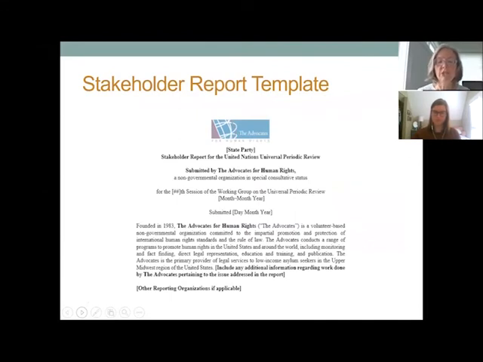The Advocates for Human Rights has created a template that you're welcome to use for your stakeholder reports. This is a screenshot of the first page of the template. If you'd like a template such as this, you can reach out to me and I'll be happy to give that to you. If you're working with a team of our pro bono attorneys and they are assisting with drafting the report, they already have this template. But you can also create your own template, and we're happy to include your logo at the top of the stakeholder report on the first page as well. We want to make sure that you're getting as much publicity as you would like in the process.